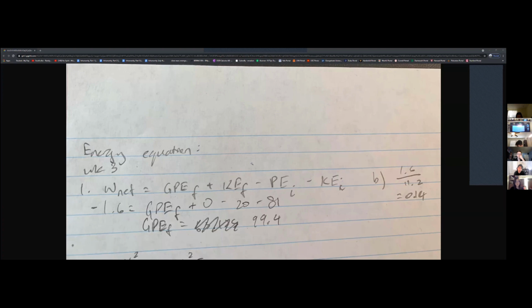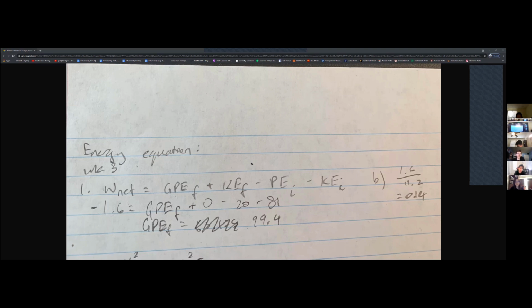The initial kinetic is 0 because it doesn't have any initial kinetic energy. The initial potential is 20, and I think that was given. And the initial kinetic was 81, which I think is also given. So then you just subtract everything, and then add everything, and you get the final gravitational potential